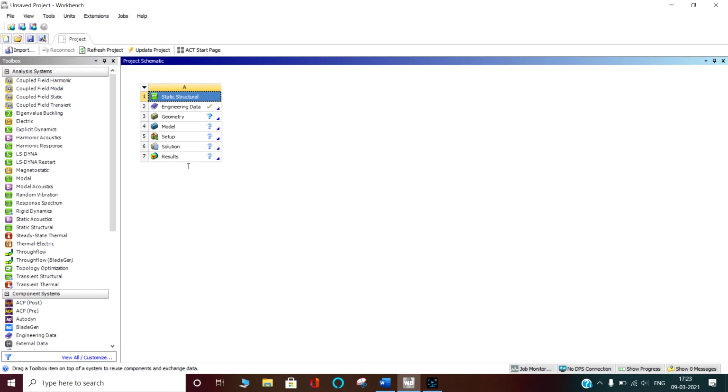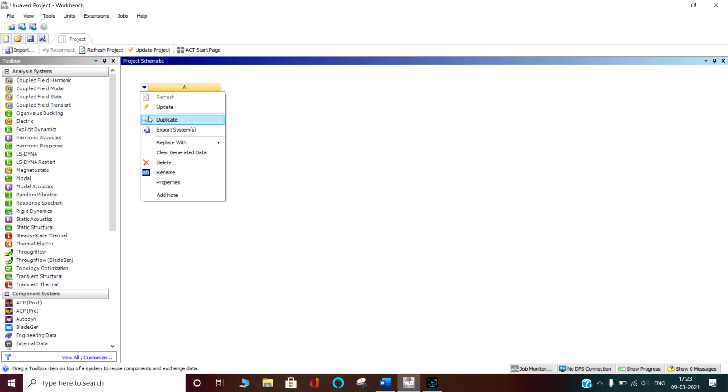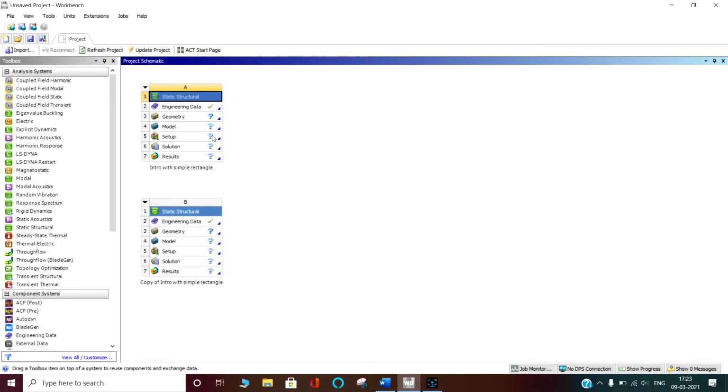So you can put intro with simple rectangle, and rename it like that. If you want to duplicate, you can say duplicate, and a copy of intro with simple rectangle has come.